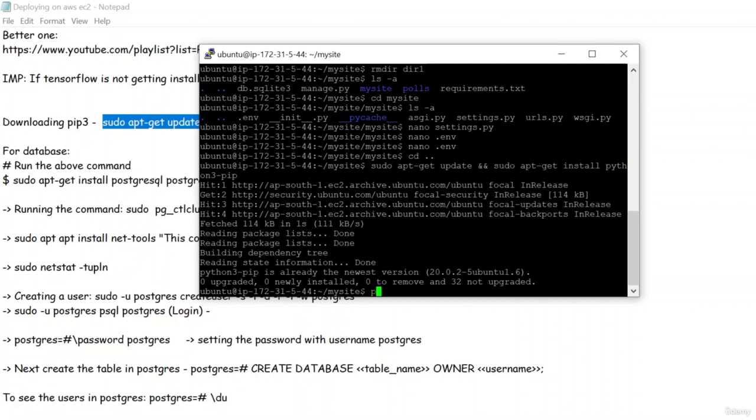Then the next command is pip3 install requirements.txt. Okay, so there's a flag that has to be used, dash r, right? So pip3 install -r requirements.txt. What this is doing is that all of your dependencies that we have specified are going to be